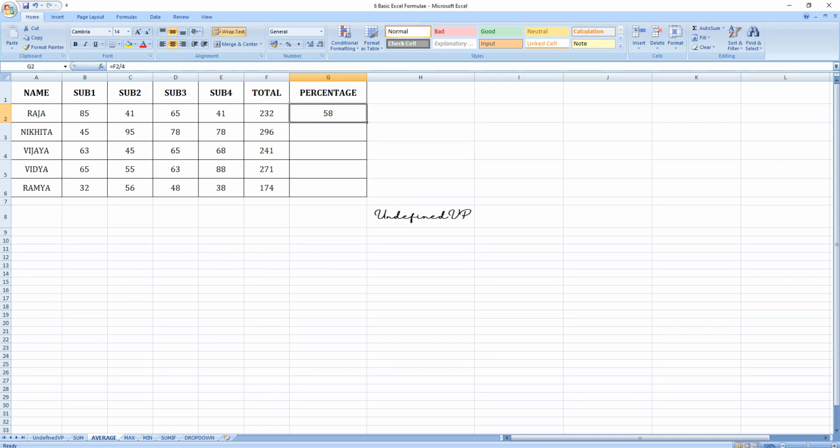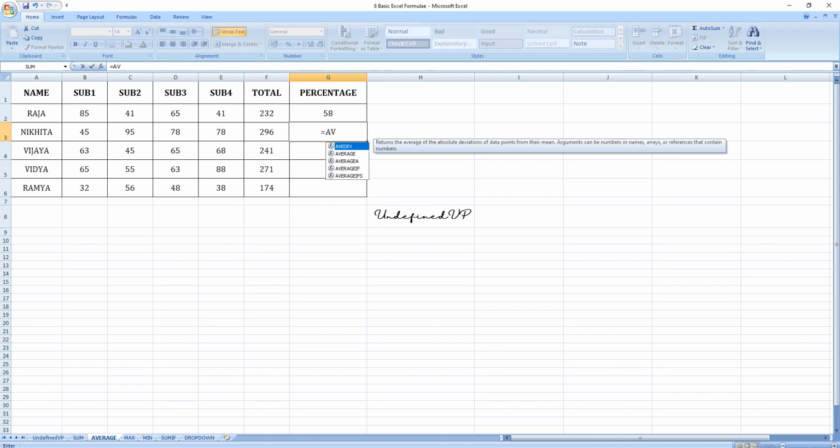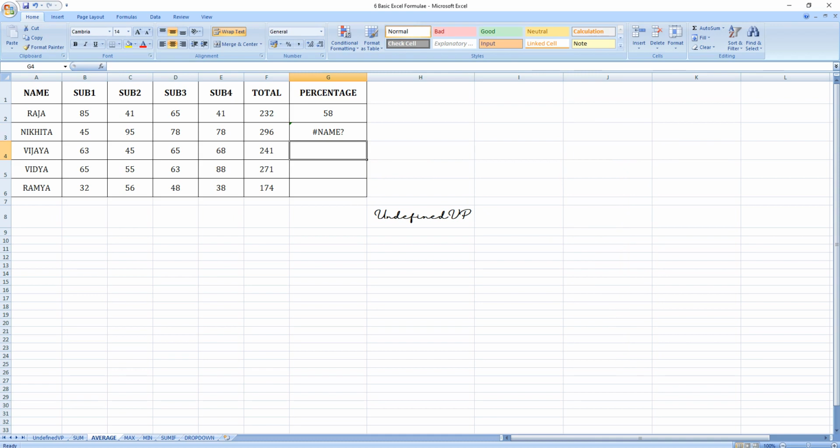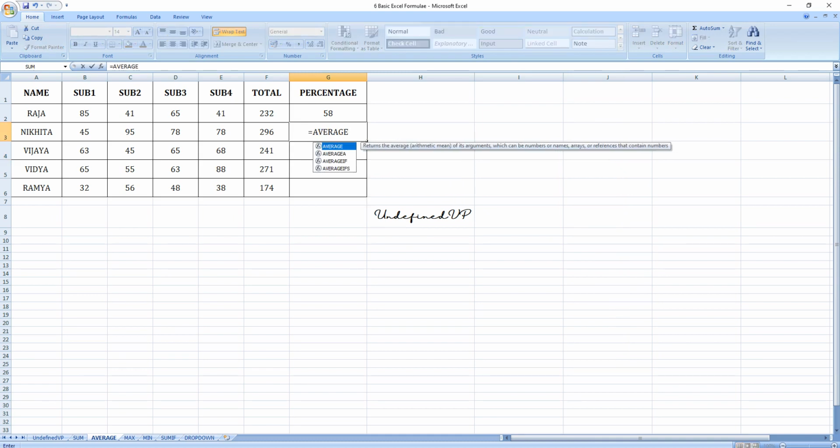So method number 2 is using the average function, that is equal to average, bracket open.